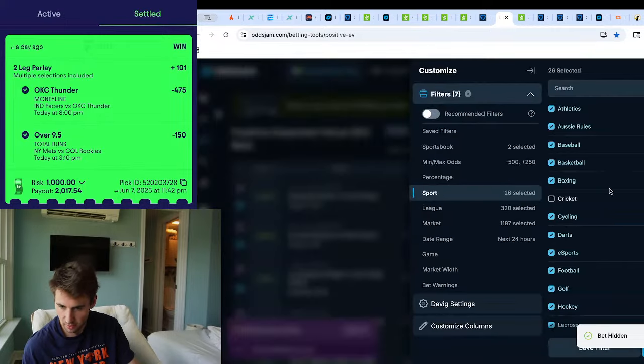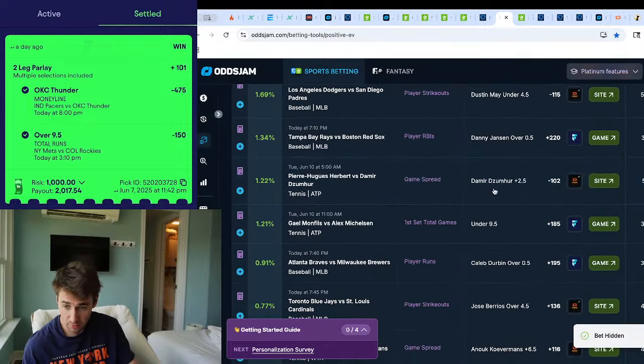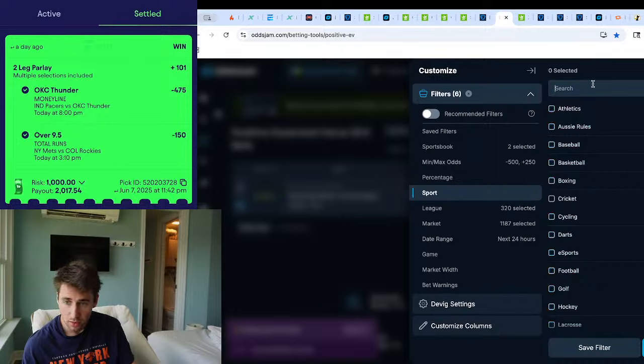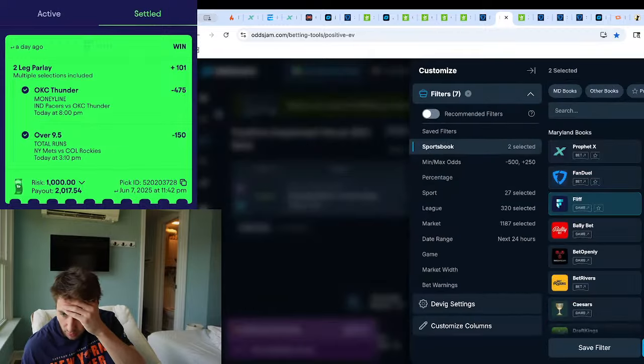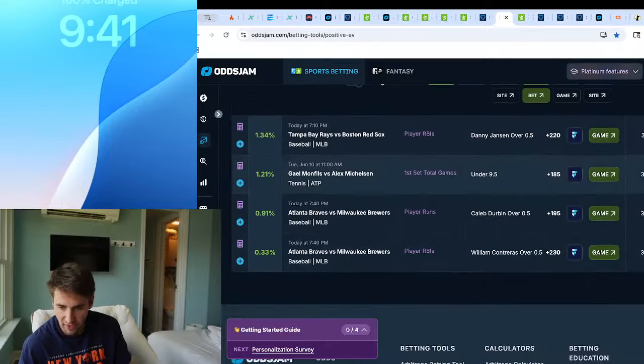Oh, shit. Holy shit, dude. Shit, that's not what I meant to do. Yo, I was an idiot for removing tennis, because look what we're... So I'm going to filter out Rebet again. I don't know. It's just not working for me right now. There's some good value on Rebet, but